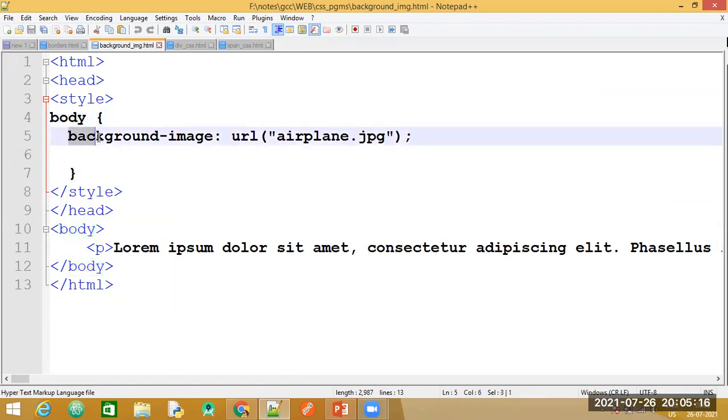The property name here is background-image. This background-image is applied for the element body, the body in HTML. So body is the element, the tag. For this particular element, I'm applying the background-image, and then give url as a keyword, and inside this, in the double quotes, we need to specify the image along with its extension. Now if I run this,